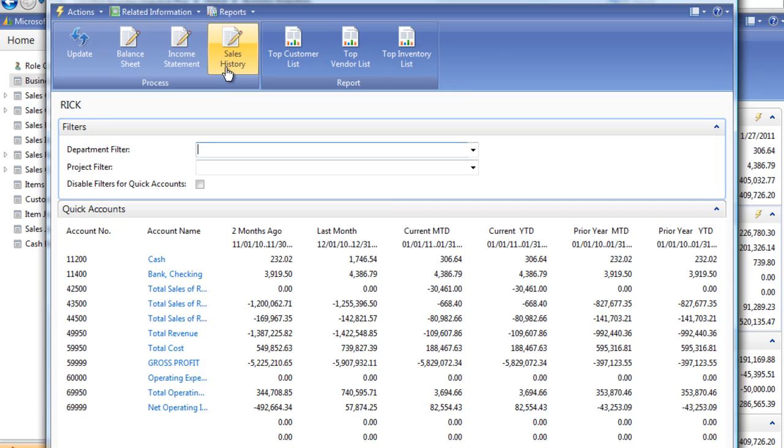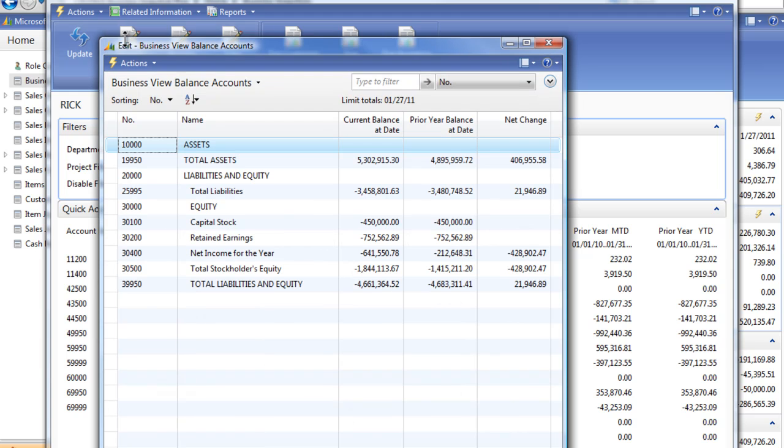So that's why we call this your business trends, and it's all related to some sales history. Now, there's also a mini balance sheet and a mini income statement. Let me just display these fairly quickly. And I call this a mini because it's not a full balance sheet. It's just picking out the selected asset and liability accounts that you have selected in the setup. So during the setup process, you tell it which accounts, like assets and total. See, I've just got total assets. I'm not showing cash in bank. I'm not showing accounts receivable, although I could. So you define what you want to look at when you bring up your